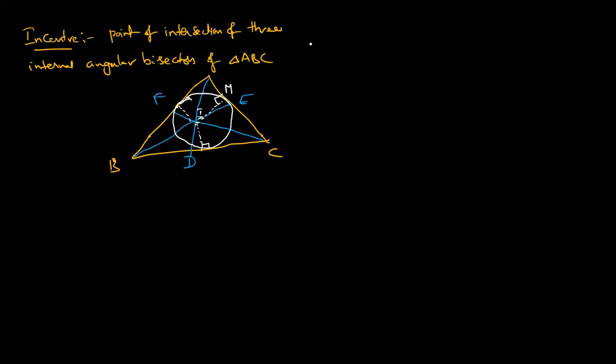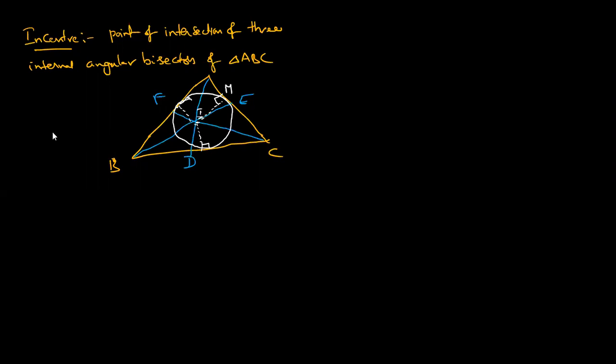So that means the incenter of a triangle will be the center of the circle drawn in it. Once again, the incenter of the triangle will be the center of the circle that touches all the sides of the triangle. Be careful, the circle inside only touches the other three sides inside only.